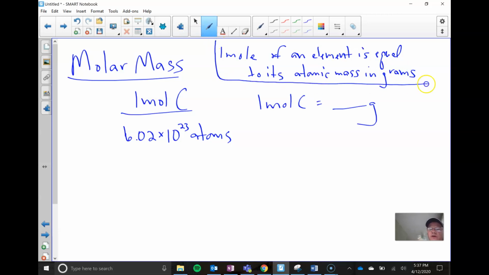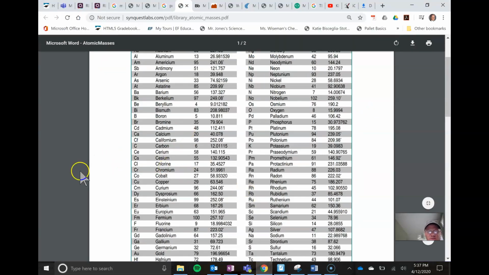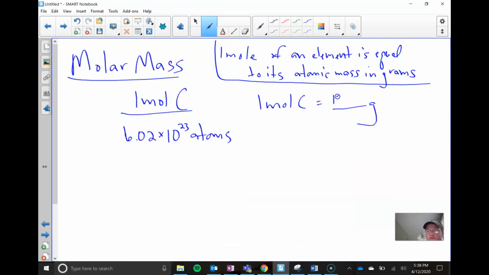And it's really a pretty simple and straightforward concept, because now if I'm looking for the mass of 1 mole of carbon, I just go to the periodic table or this list and say, all right, I've got carbon right here. 1 mole of carbon is 12.01. Now this particular table takes it way out to several decimal points, but if you look on a periodic table, you're going to see it's rounded to about the 100th decimal, so 12.01. So looking at carbon, 1 mole of carbon is 12.01 grams of carbon,